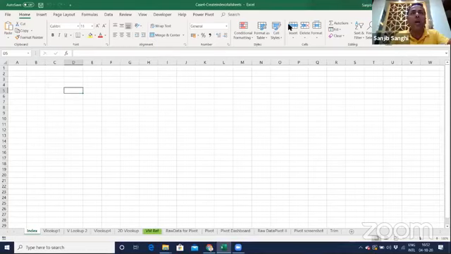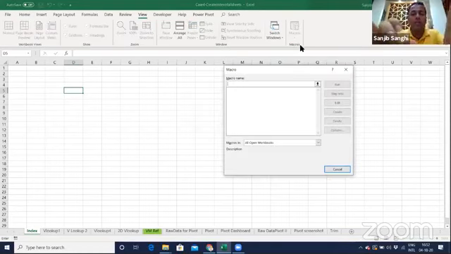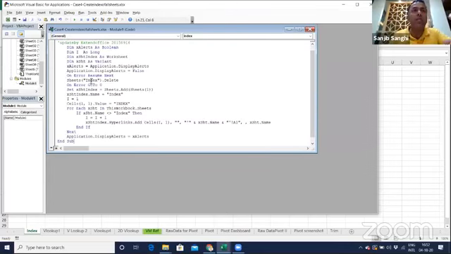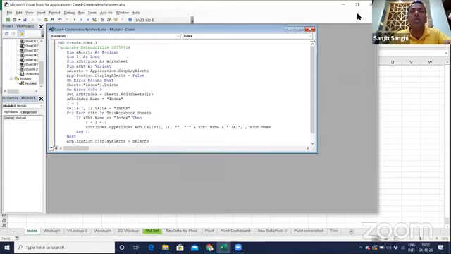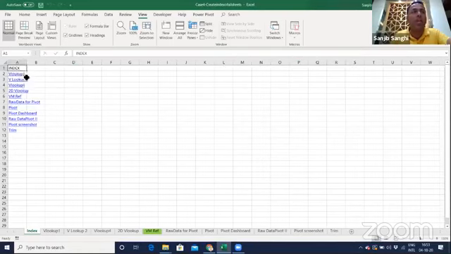I go to view, I go to macro, view macro. I'll create an index as a macro name, create. I delete this. Just make sure that you're deleting. Don't paste things over this. Otherwise, it's not going to work. Control V. Close this. Close this. And then as soon as you go to macro and run this macro, it creates all